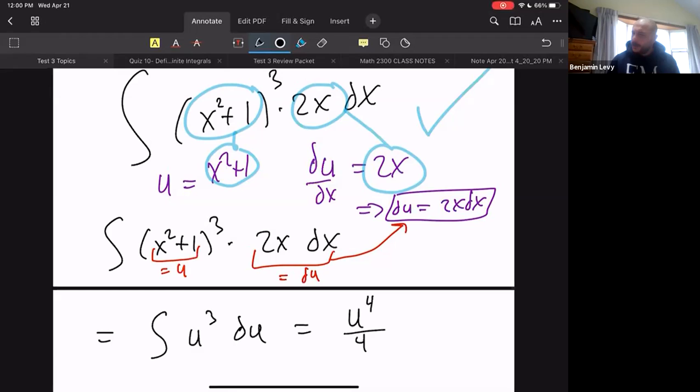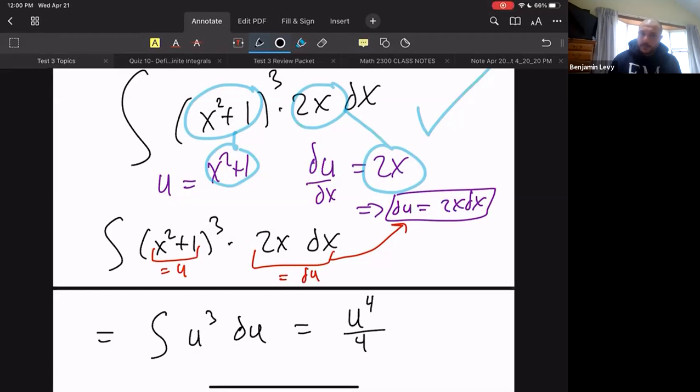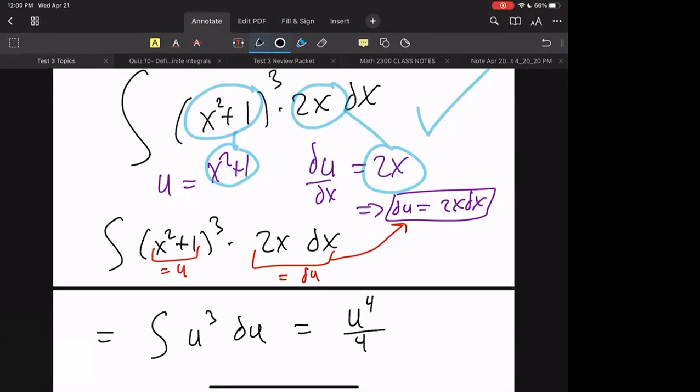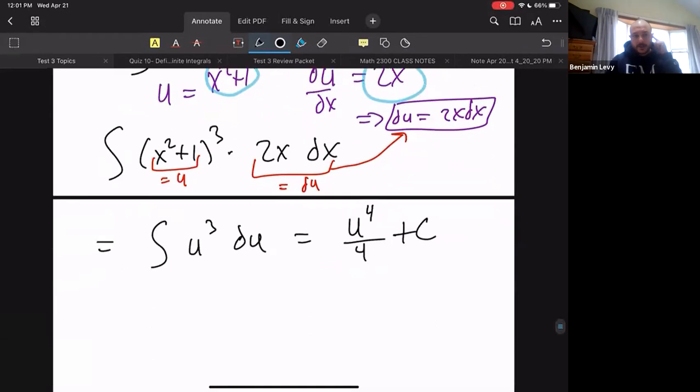Yep. Anything else that we should throw down there? Times 2x times du. Nope, that's not what I'm getting at. So after we do the antiderivative, you don't write the integral sign or the du. I'm getting at something else that we always write down in these. Oh, plus c, my fault. Plus c. Good. The family of antiderivatives. And then you plug u back in.